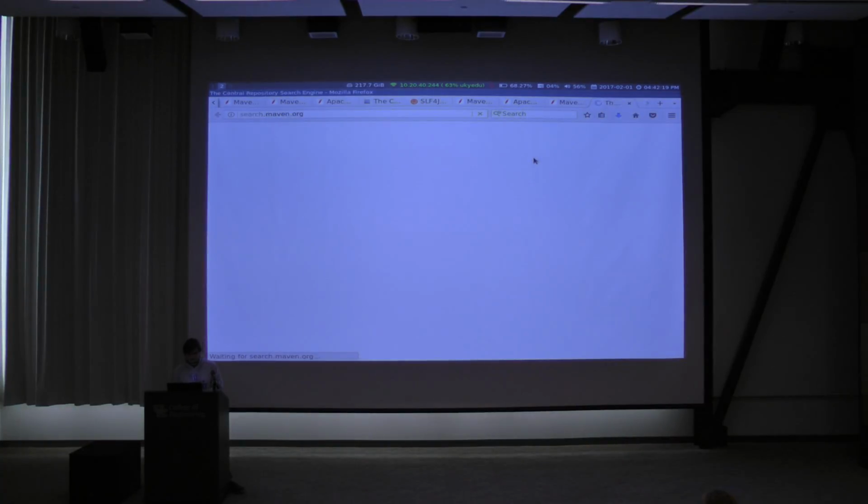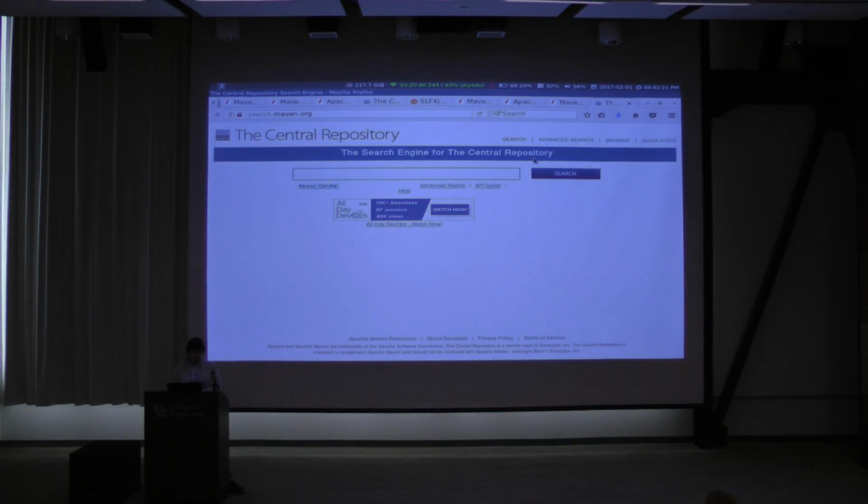maven.org is actually a repository. Now you notice when I ran the command, it had to download a bunch of plugins. Where does it get that stuff from? Well, Maven has this concept of repositories, and there's this central repository, maven.org. You can have other ones. There's other places that host them. And you also have one on your local machine.